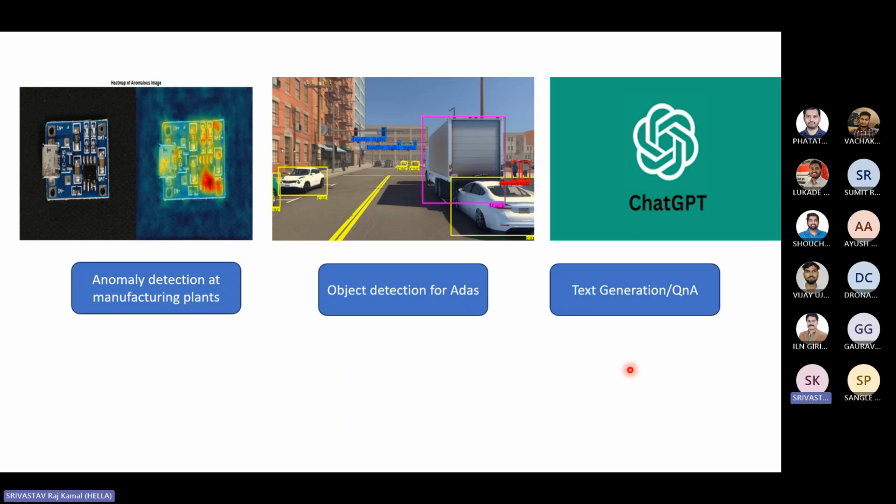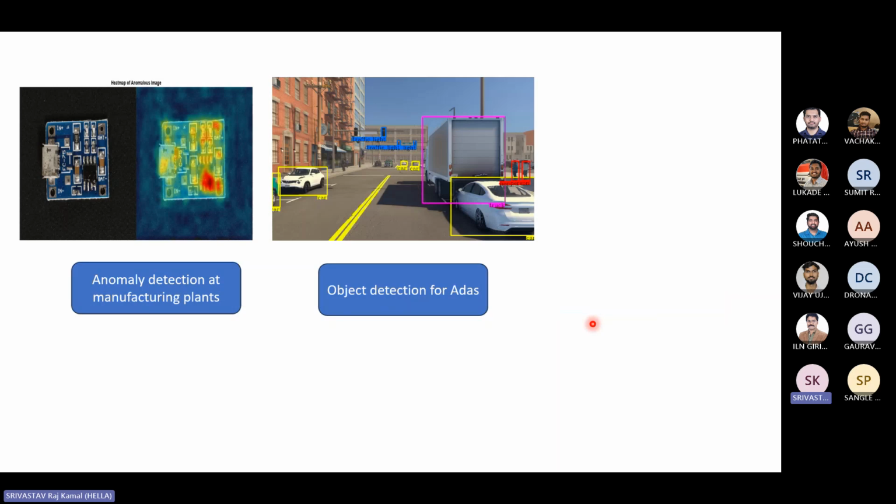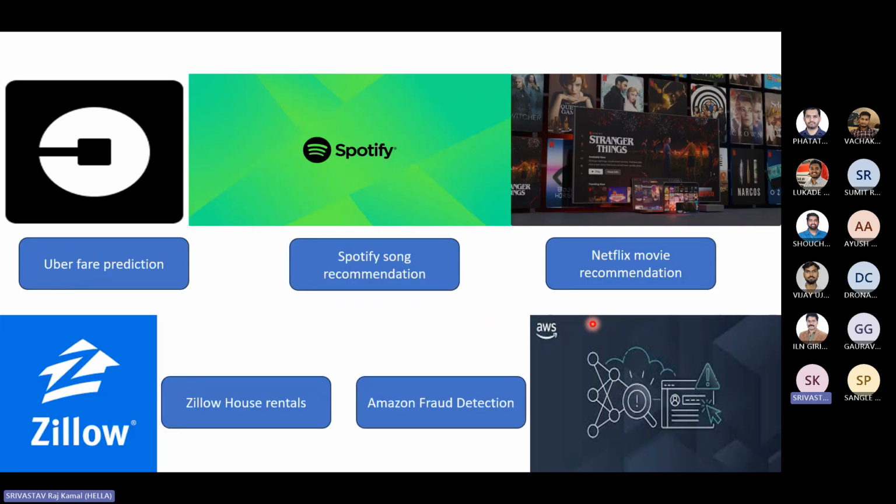But this line of machine learning generally comes into the area of generative AI, where we are trying to generate something. If we generate text, that's text generation. If we generate some video, that's vision based generative AI. We're going to see that. Now, as one of you mentioned, knowledge of agents. What agents are, we're going to see. So these are some of the machine learning based problems which we see. There are many more, but just to give you an idea of where machine learning algorithms are around us, these are some good examples which I've mentioned here.